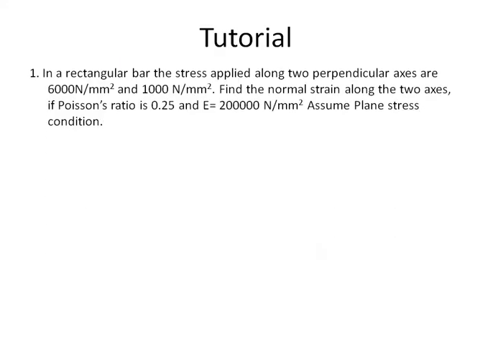So the tutorial problem 1. In a rectangular bar, the stress applied along two perpendicular axes are 6000 Newton per mm square and 1000 Newton per mm square. Find the normal strain along the two axes if Poisson ratio is 0.25 and E, that is Young's modulus, is 2 into 10 power 5 Newton per mm square. Assume plane stress condition. So the given data are